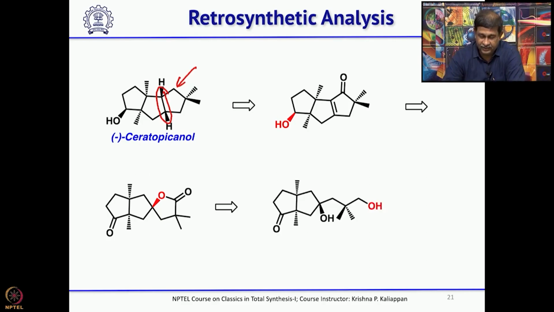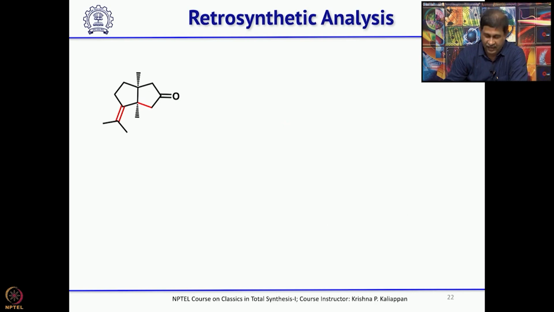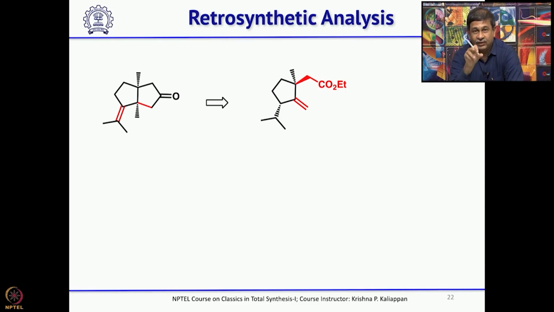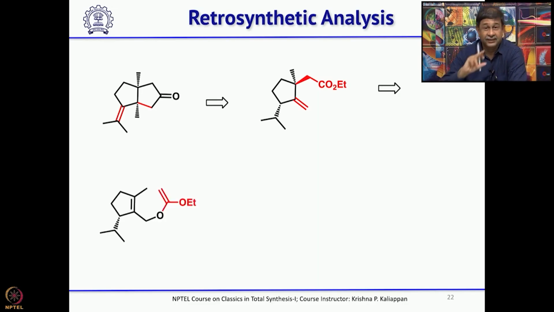Okay. So, if you look at this diol, one can selectively oxidize the primary alcohol. Once you oxidize, this alcohol will attack and then it will form a lactol. That lactol will be oxidized to the corresponding lactone, and this can be obtained from the corresponding ketone. Okay. And this is where the first key step, that is intramolecular diazoketone addition to the double bond to get a cyclopropane, and the opening of the cyclopropane gives a 5-membered ring,